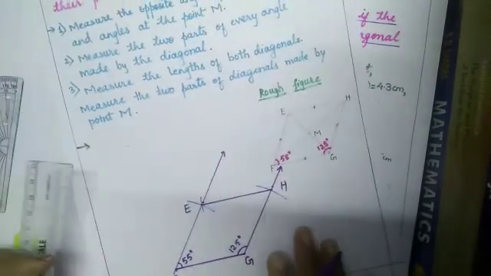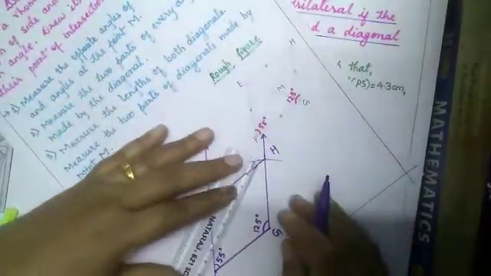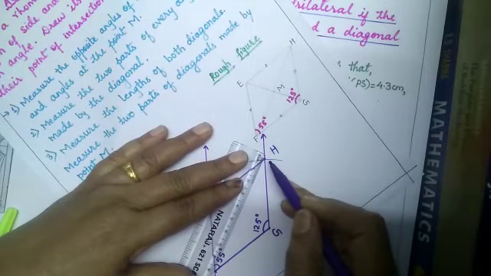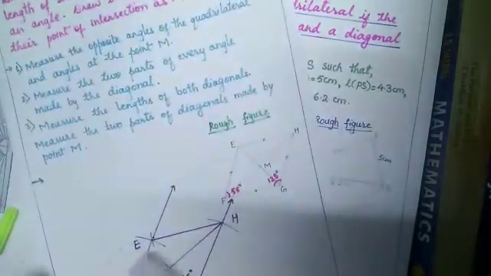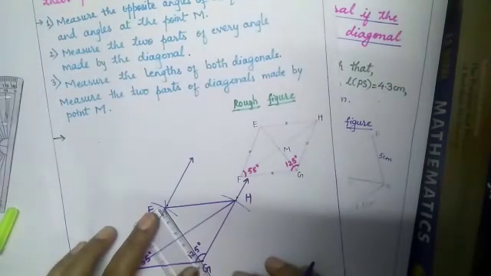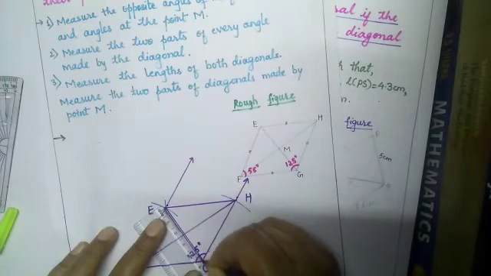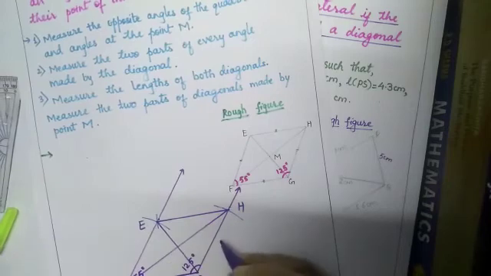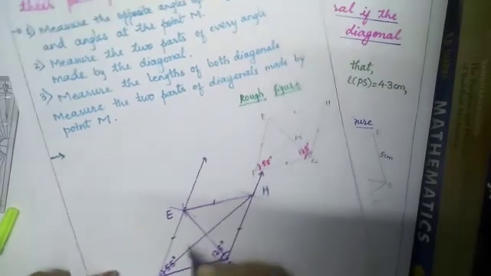Now we have to draw the diagonal. So measure the diagonal FH from 0 to this point. It is 8.9. This measure is 8.9. And here this measure is what? EG. It is measured as 4.7. So are the diagonals equal over here? Are they congruent? No. While measuring this, we come to know that they are not equal, as all the sides are equal. Sides of a rhombus are equal.